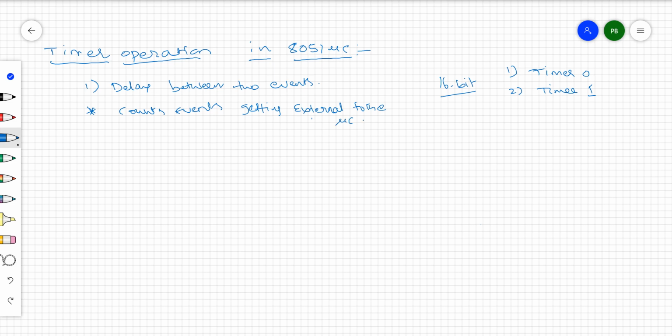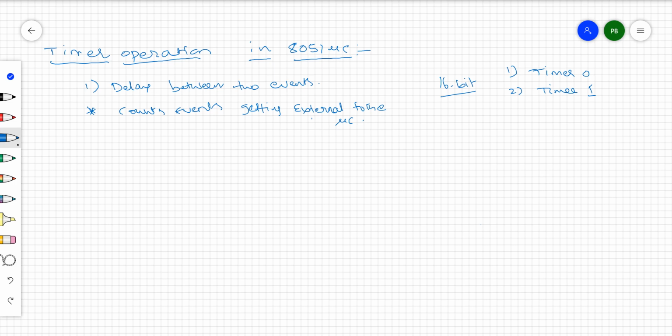That means what? For example, if you connect any external pulse to the timer pin, for every one pulse, the count present in this particular timer register internally is going to be incremented, right? So you can use any one timer, timer 0 or timer 1, as a timer or as a counter.